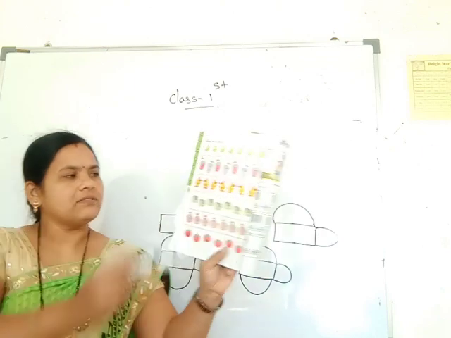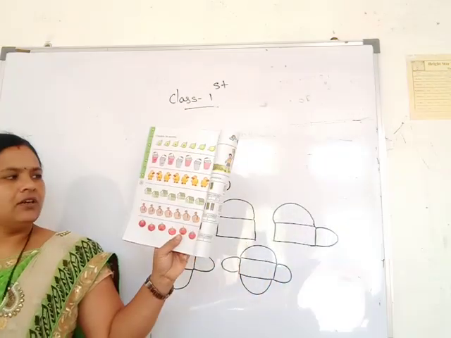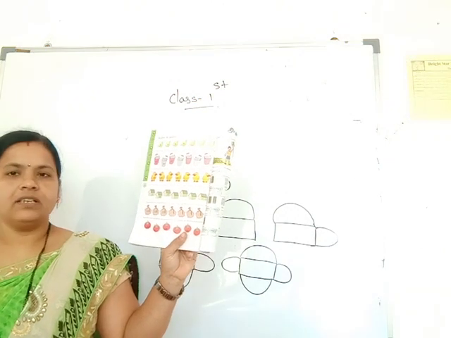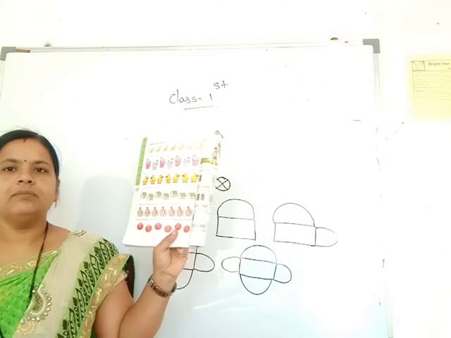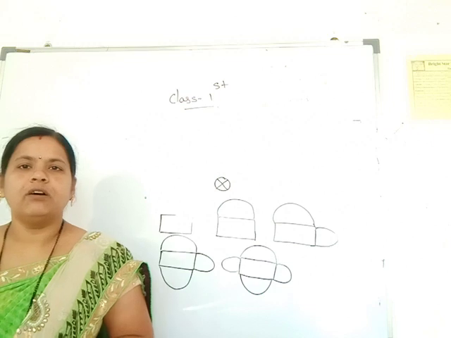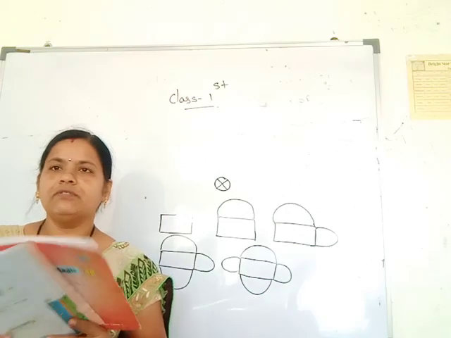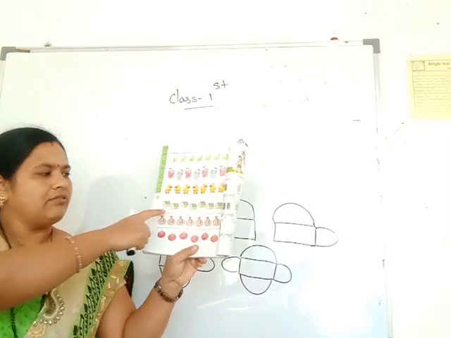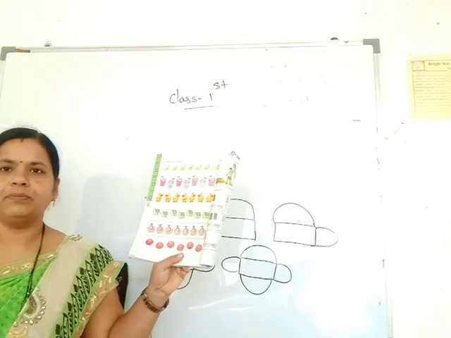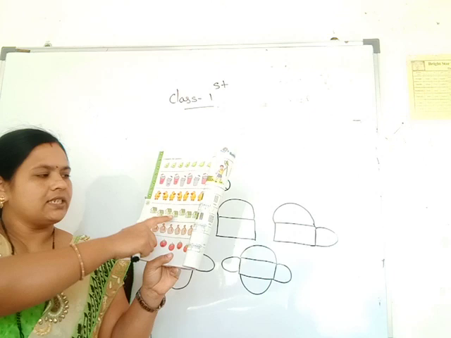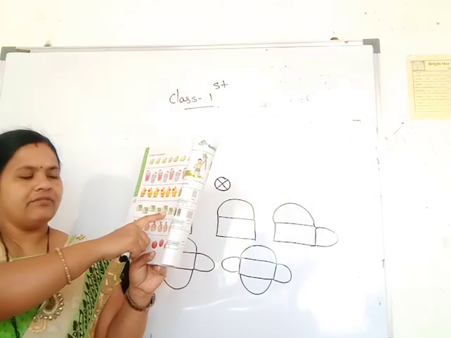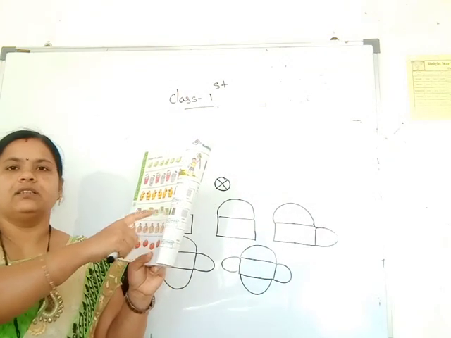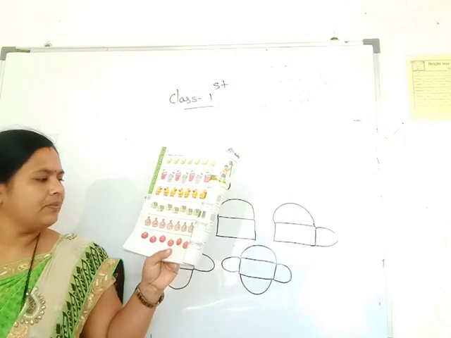Then next one, see this picture of a house and numbers given: 1, 4, 7, means adding 3 each time. In 1 you add 3, 1 plus 3 is 4. In 4 you add 3, 4 plus 3 is 7. Then next numbers 11, then 14, then 17, then 20. In this type you write.